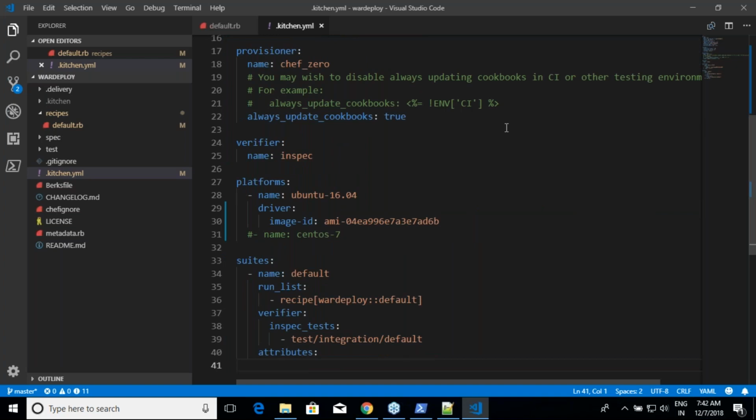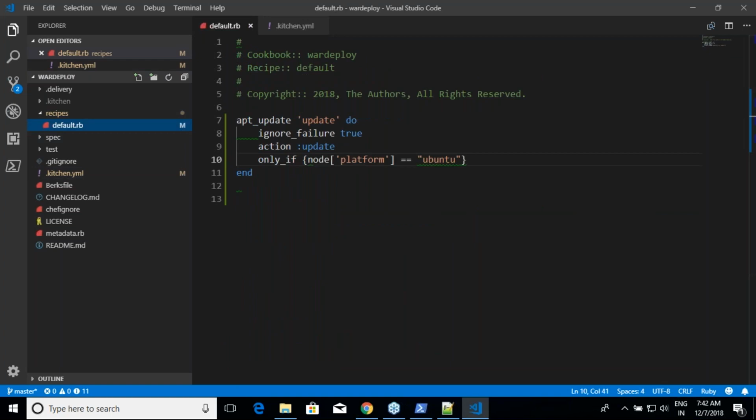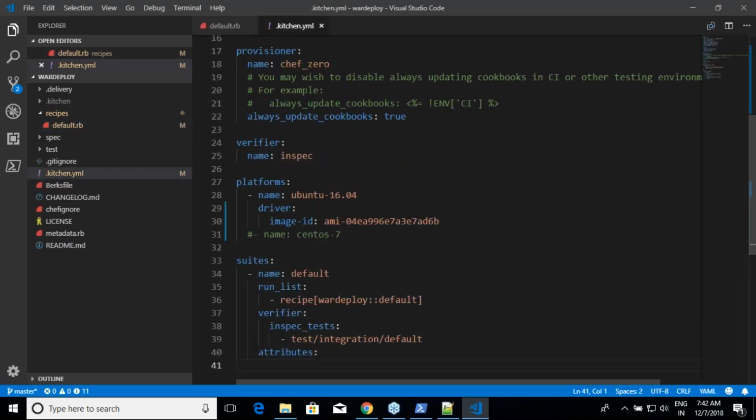Yes. And what is run list pointing to? Default. Do I have something in default? Yes. So did we get to know the connection? Here you will have run list, and whatever is there in the run list will be tried to be executed by kitchen, right? If you want to run some other file, not default, then change this from default to something else. That's how it operates.